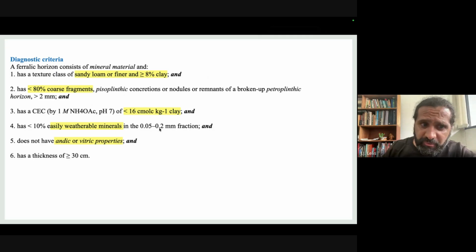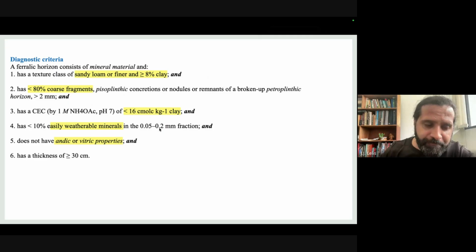So I can find some feldspars, I can find some muscovite, but they should be in a low amount. Okay, I cannot find a lot of olivine or pyroxene because these minerals should be destroyed to create the